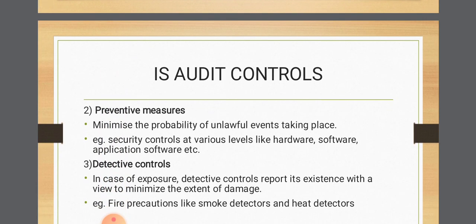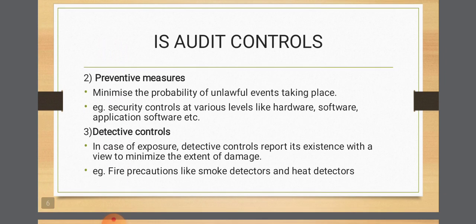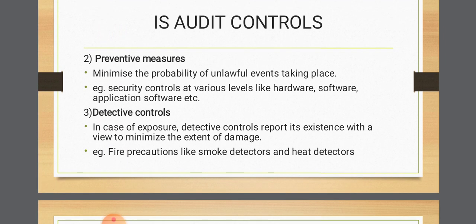These are taken to minimize the probability of unlawful events taking place. For example, security controls at various levels like hardware, software, application software also. So यहाँ पर हम ये कोशिश कर रहे हैं कि आप कोई अनलॉफुल एक्टिविटी ना करें. फॉर एग्जांपल कोई पायरेटेड सॉफ्टवेयर या फिर कोई पायरेटेड डॉक्यूमेंट आपके पास ना हो. Then is detective controls. In case of exposure, detective control is done with a view to minimize the extent of